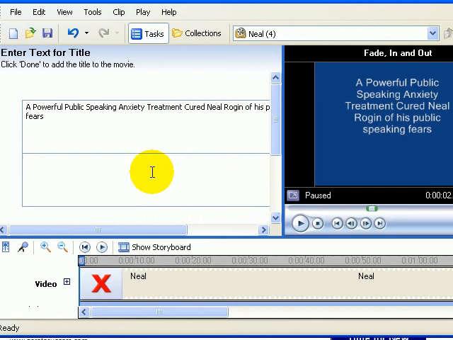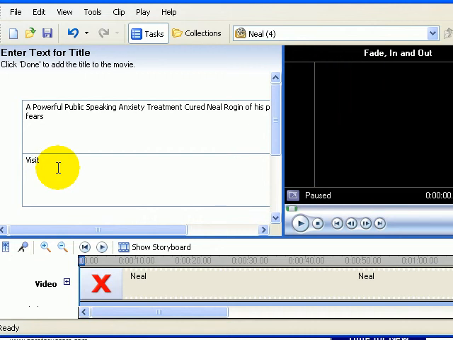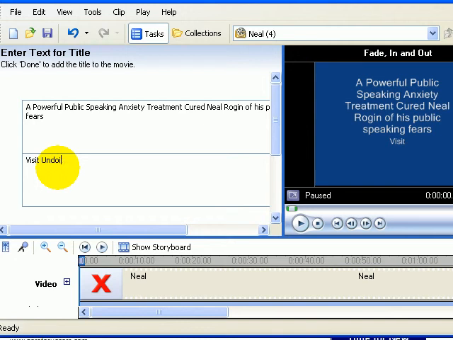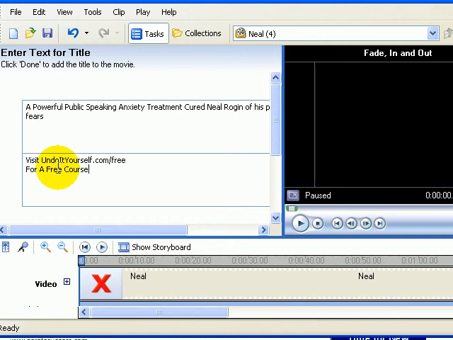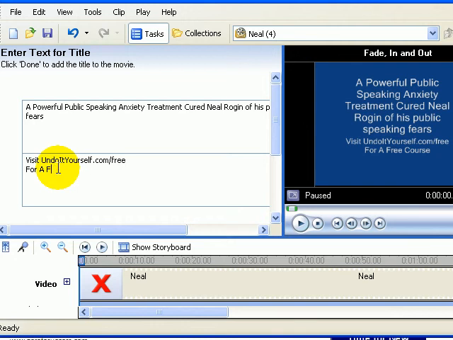And what you want to do here is have the bottom section fade in after the top section fades in. So I want to say visit undoityourself.com/free. Okay. And I want to say for free course. Now I'm not going to tell them exactly what the free course is about here,